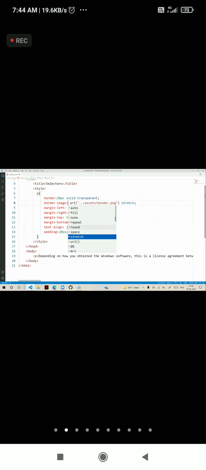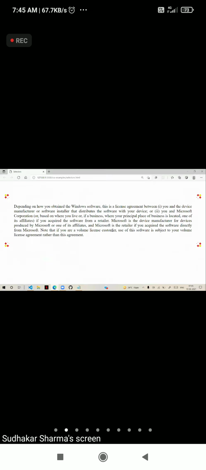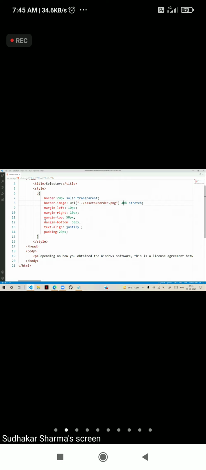That means width, how much percentage border you want. Suppose I give as 70%. So that means it will give 70% of border. I give as 40%. It will give 40% of border. Like this, it will come.